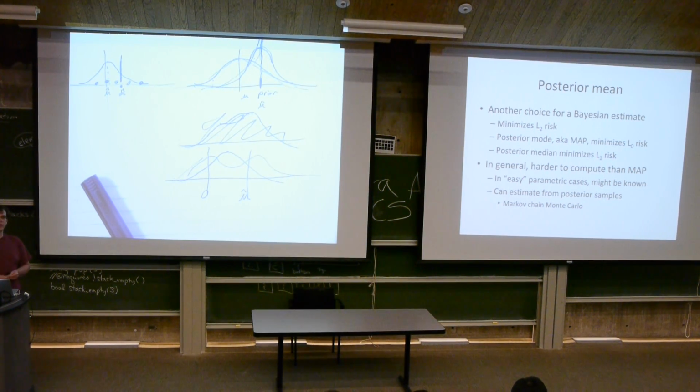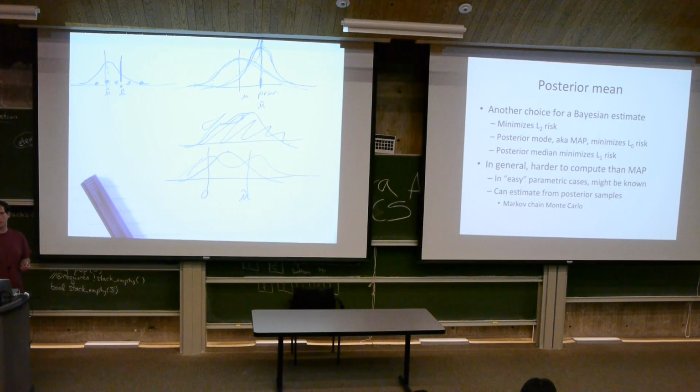That makes you the most likely to choose the absolute correct value, but in a continuous setting, that doesn't really make sense. You're never going to choose the absolute correct value anyway. But in a discrete setting, you might want that. So anyway, in general, it's harder to compute the posterior mean or the posterior median than it is to compute